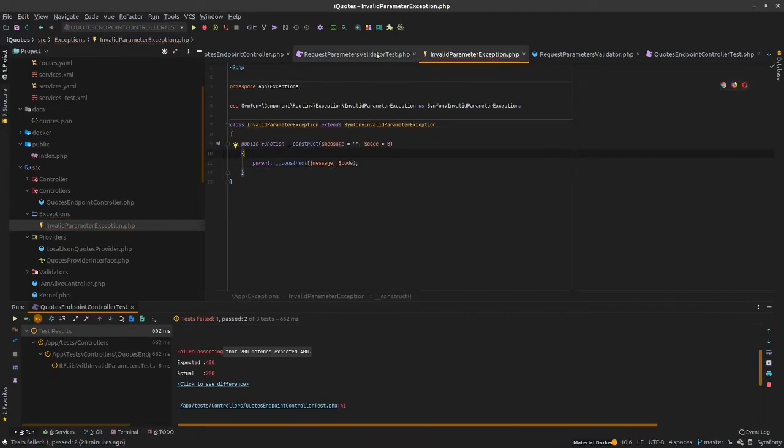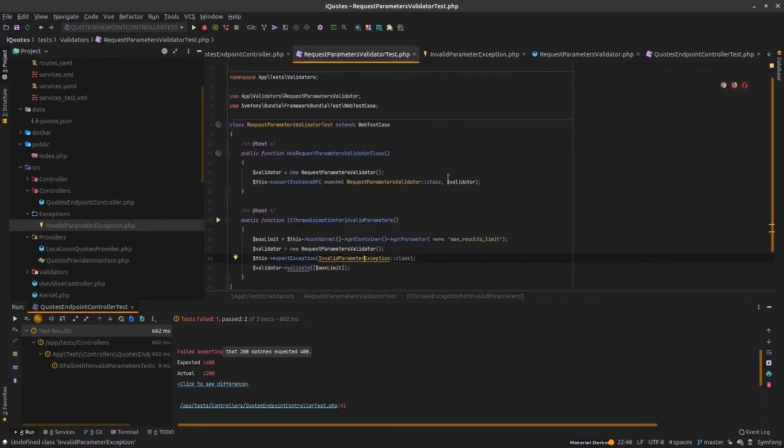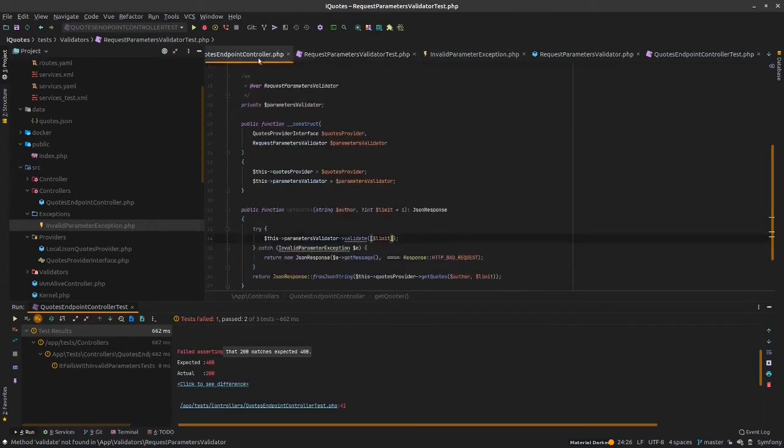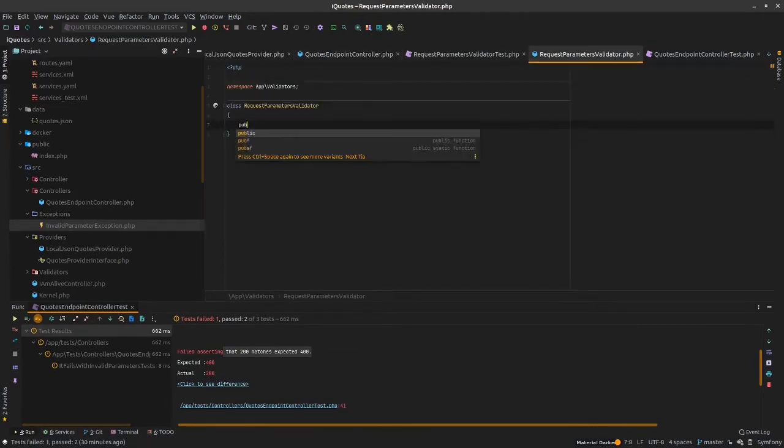So we can now throw our exception with a message, right? But at the moment it just expects it. So let's import this class, and it's our class. And we need the validate method, which we can now write. This is our public function